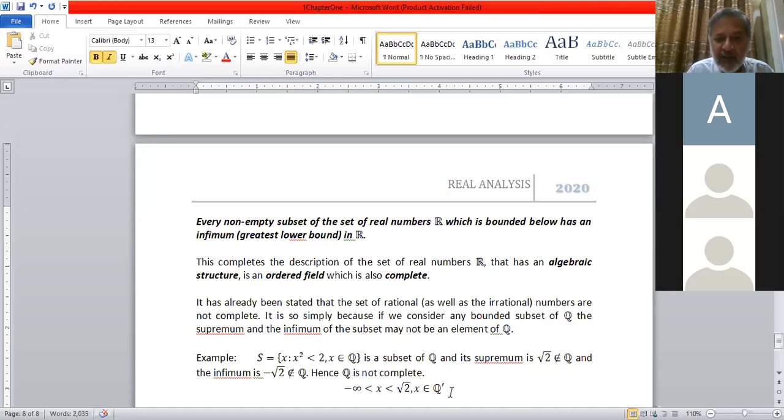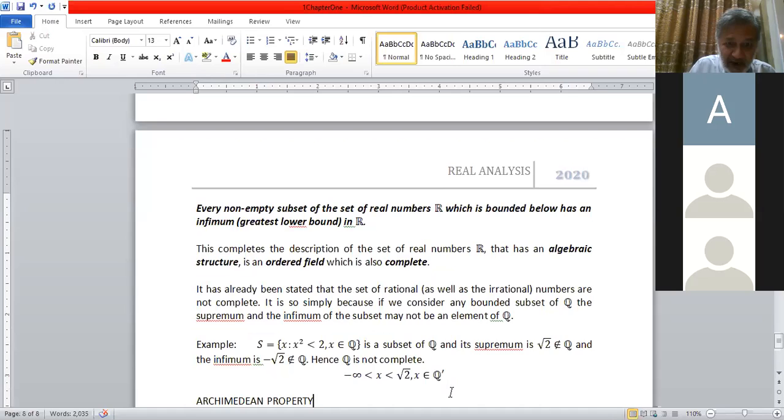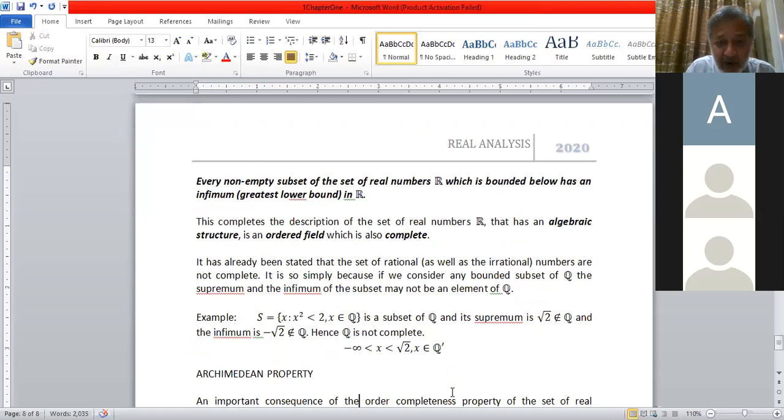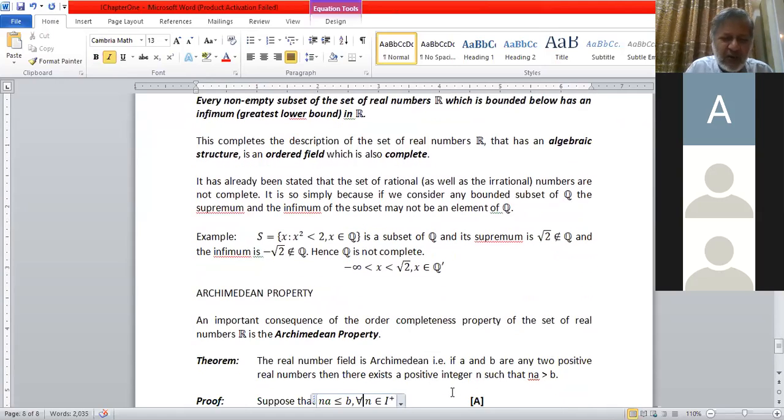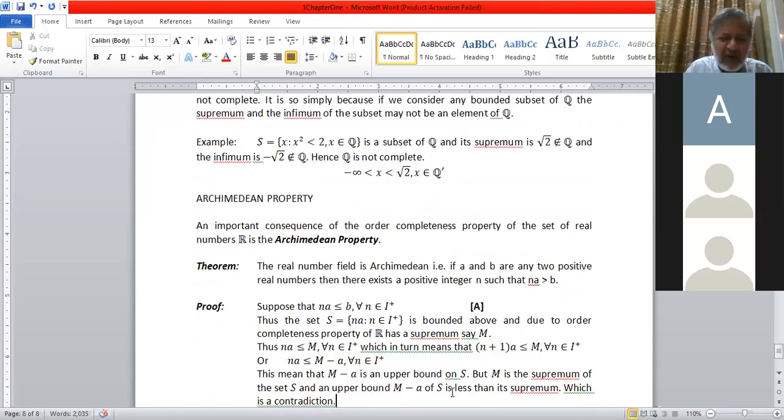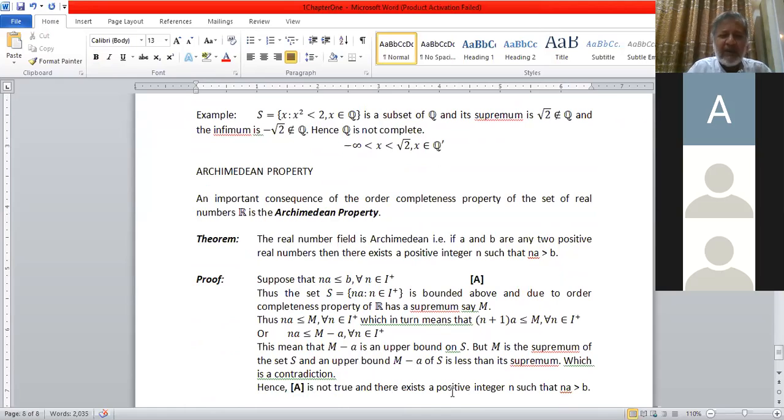So that is all about the completeness property, and I think I stop now. This is the last topic of the first chapter that I have to discuss, the Archimedean property. I'll discuss this property next time, and I'll terminate my discussion at this point. If you have any question, you can ask. Otherwise,